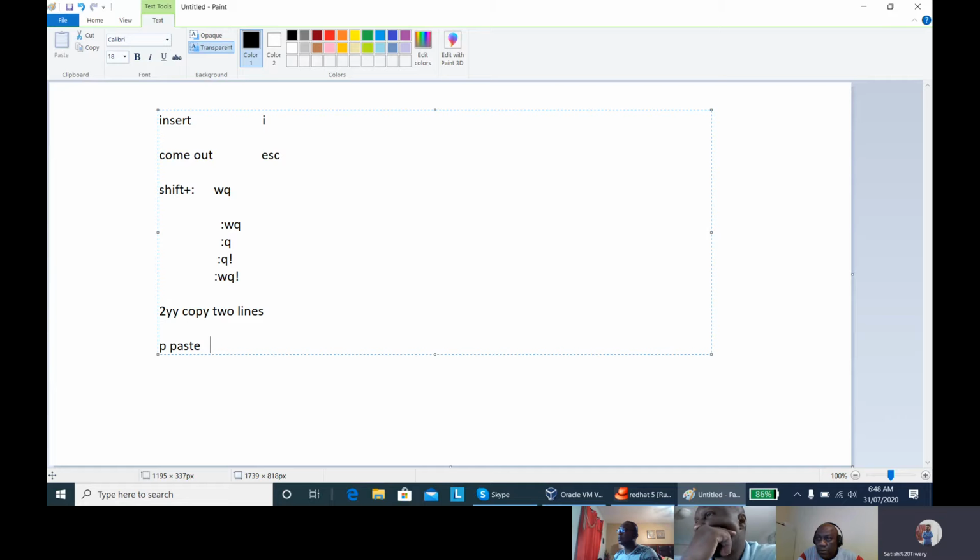Capital P is used for a different purpose. What is the purpose of capital P? The purpose of capital P is to paste above the line.